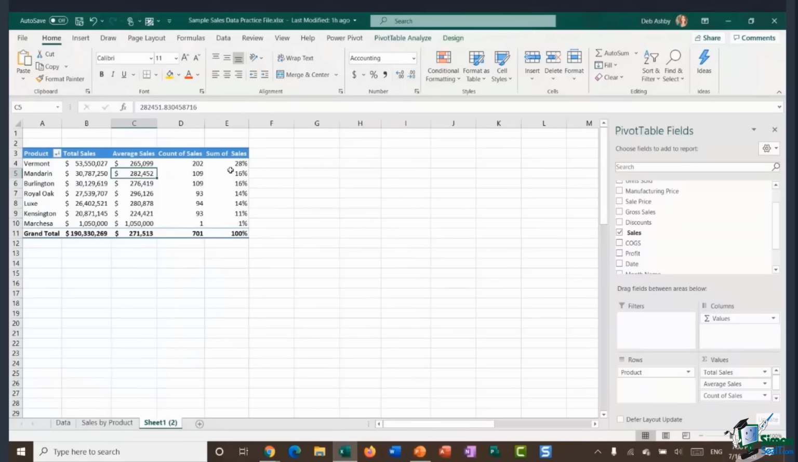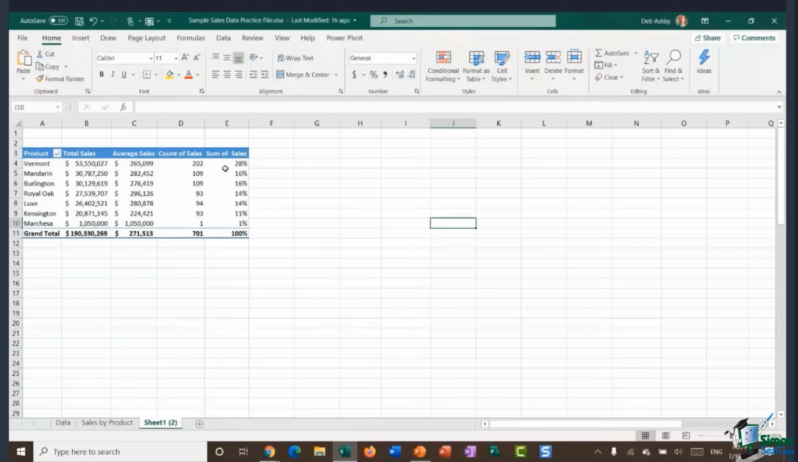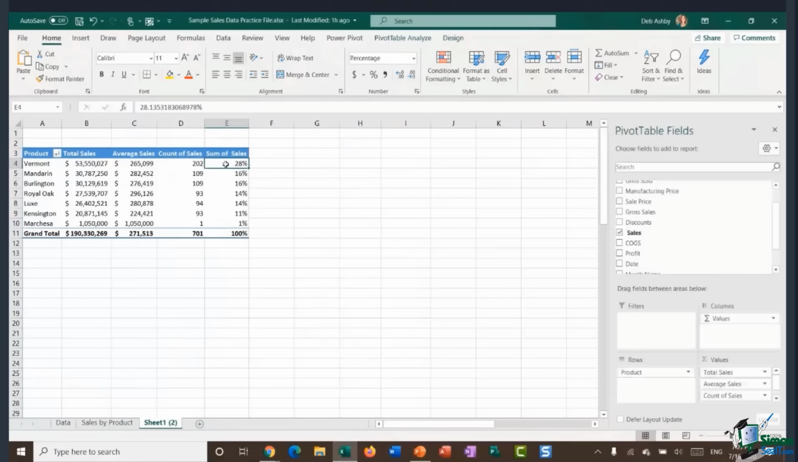Now, something else you might want to do here, and this is just touching on something you may have used previously, is conditional formatting. You can use conditional formatting within your pivot tables, but you need to apply it in a slightly different way than if you were applying it to a regular table or just a list of numbers. So if I wanted to apply conditional formatting to this total sales field,